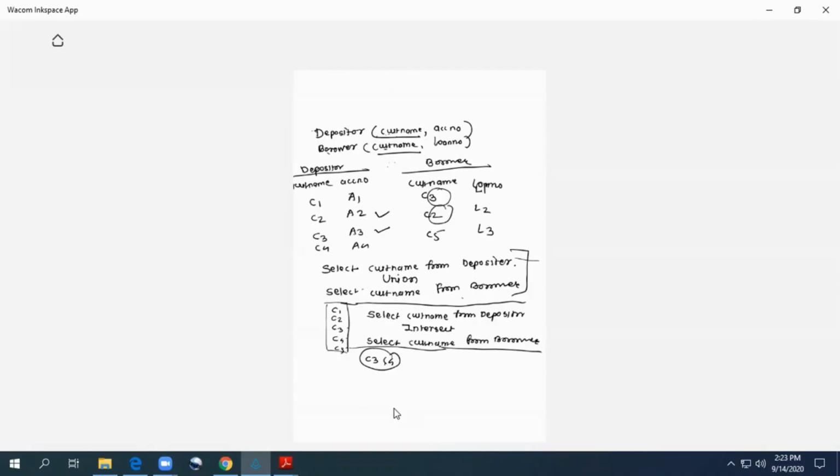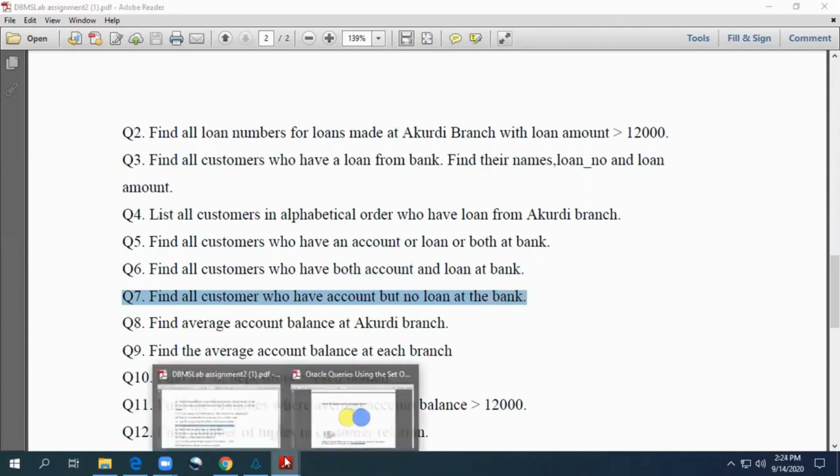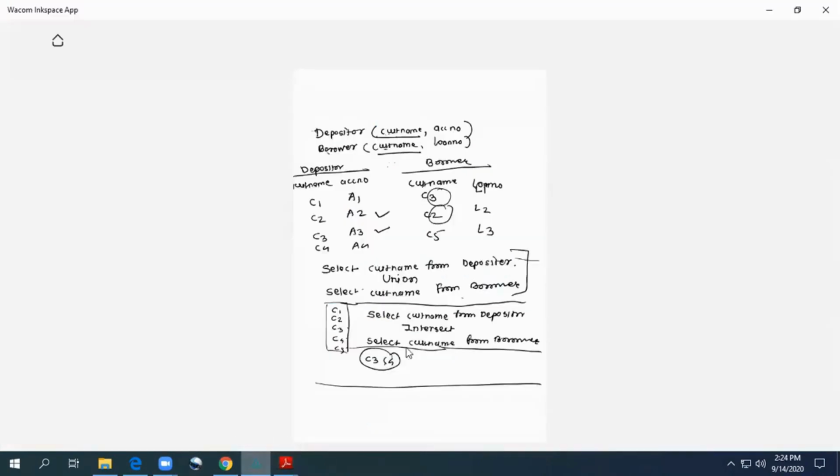Now, one more query that we can solve here in the problem statement using the set operator is: find all customers who have an account but no loan at the bank. So I want to display only the customers having a saving account but no loan account, right? So what will be the solution of this query? Select customer name from depositor